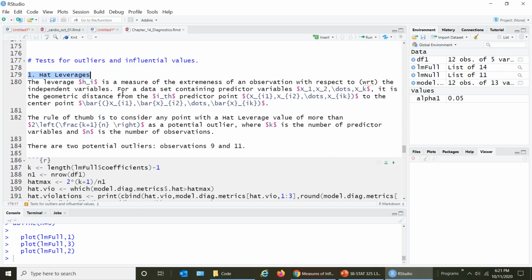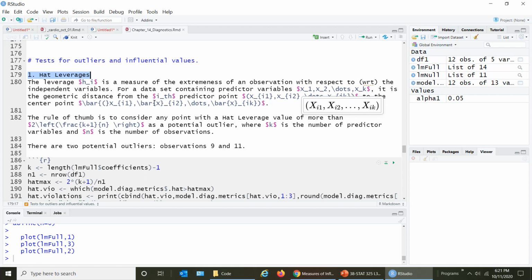All right. Now, I want to remind you that the hat leverage is the distance of each point from the mean or the center. And so let's say, for example, a data set that contains k predictor variables, x1, x2 to xk. The geometric distance from the ith predictor point, which would be given by xi1, xi2 up to xik, that distance to the center or the mean,